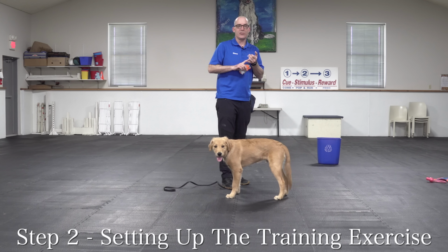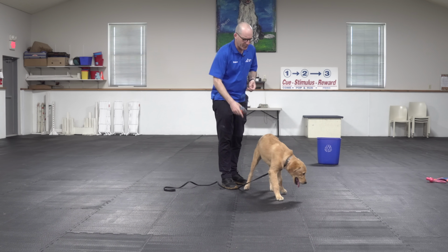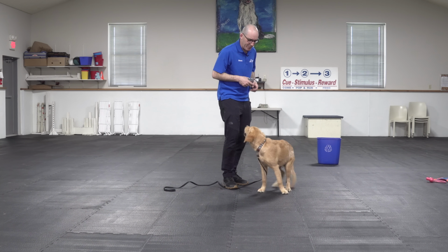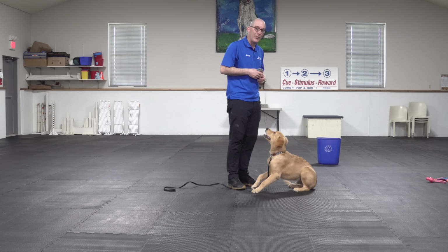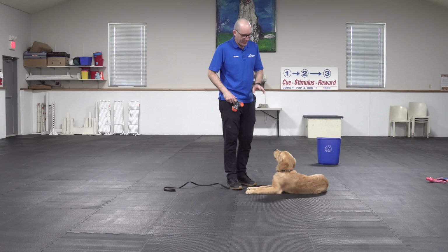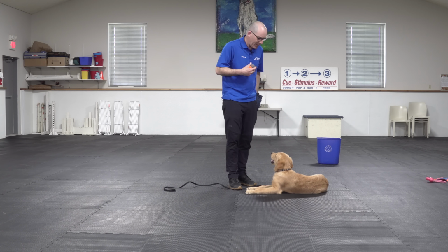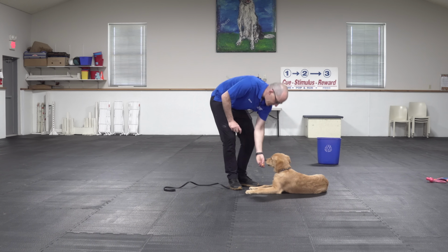So he's starting to figure this out. He's realizing he can't jump. He's not getting inadvertent rewards by me pushing on him or wrestling with him or anything like that. So now I'm going to make sure I build some positive, yes, good boy, some really positive things. I still have these socks in my hand. I'm still making them excited. And on his own, he is choosing to lie down. Now is the perfect time for me to, yes, to mark that moment,